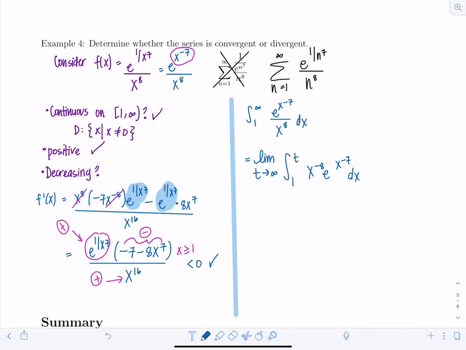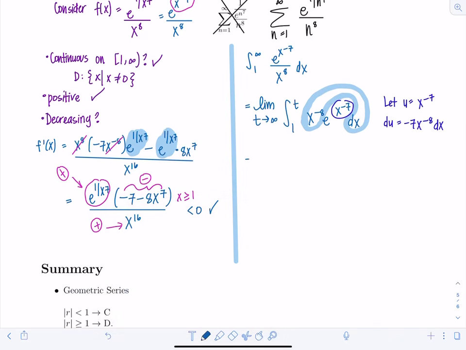And here, hopefully you can see that we're going to need to do a u substitution. We're going to let u equal x to the negative 7th, the exponent here. And then du would be negative 7 x to the negative 8th dx, which we have right here. Okay, so I can rewrite this